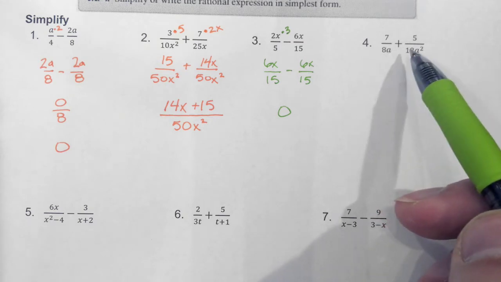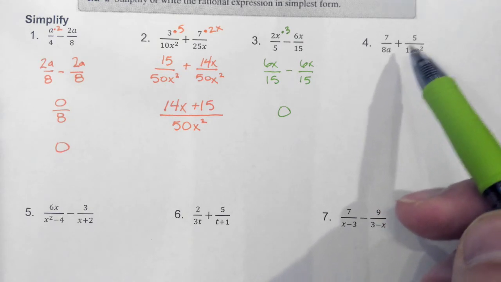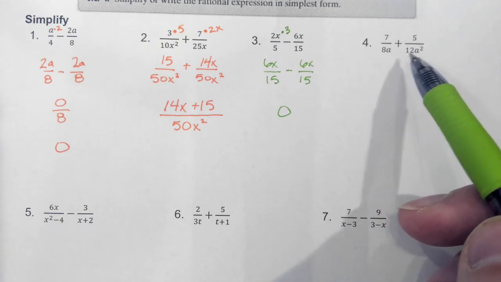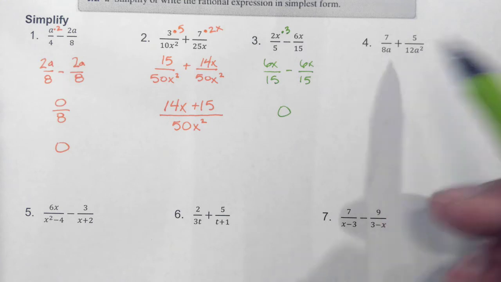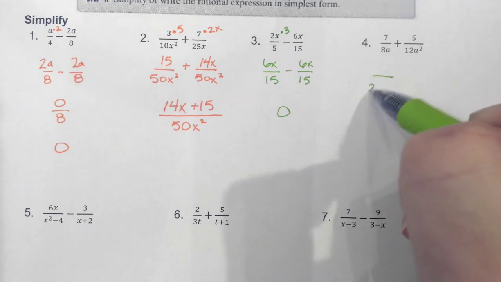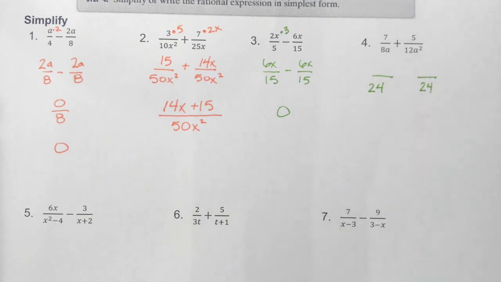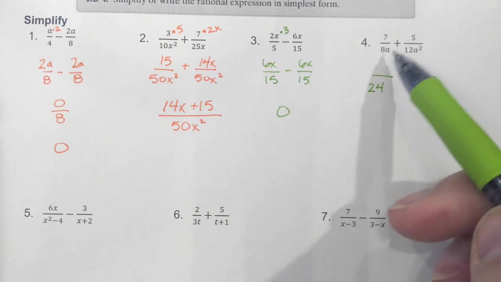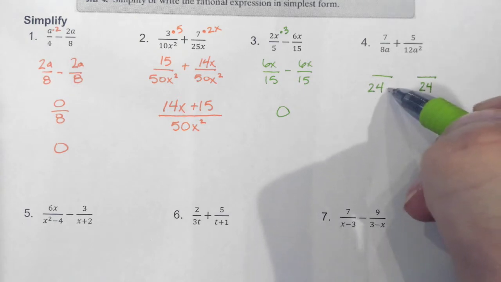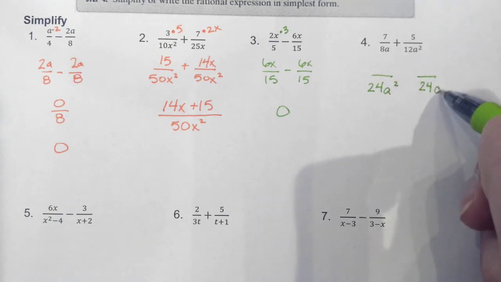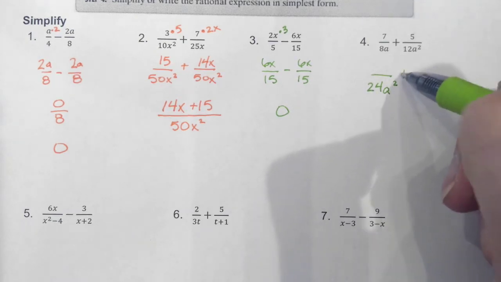So let's see, the common denominator. I like to again start with my bigger number. 12 times 2 is 24. Does 8 go into 24? Yes. So I know my coefficient is going to be 24 for my common denominator. And then for the variables, you take the bigger one. A squared is biggest. So it's going to be 24a squared for my